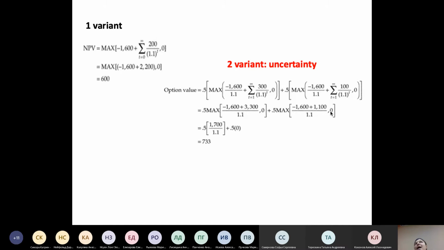Secondly, under the uncertainty, if by the end of the first year we make the decision to reject the investment project, or perhaps if within 1 year the external conditions become clear and predictable for us, and if we analyze our expected financial results, they will be 100, certainly we will reject the project.